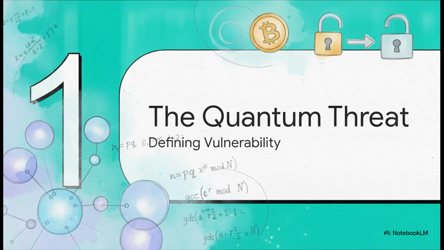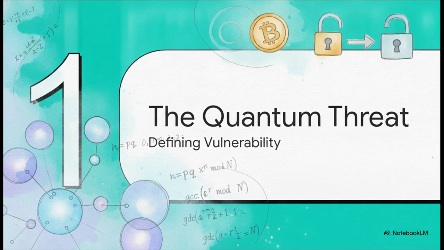Okay, let's dive into this first section, the quantum threat horizon. We really need to define the vulnerability here. The immediate threat isn't actually to Bitcoin's mining process, it's to the transaction's signing mechanism. Specifically, the elliptic curve cryptography used to prove you own your coins. If a powerful enough quantum computer runs Shor's algorithm, it could literally derive a private key from an exposed public